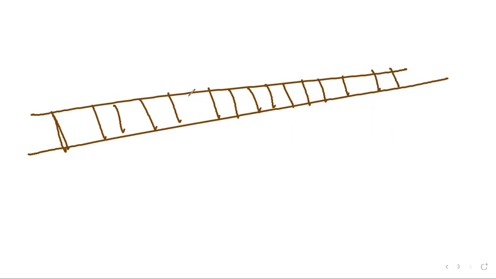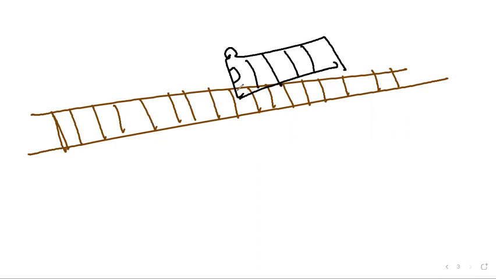Let me show you the three different scenarios in which you might get questions on train problems. In the first case, sorry for my bad drawing. Imagine this is a railway track. Though it is very hard to imagine, please imagine this is a railway track, and suppose there is a train moving over here.